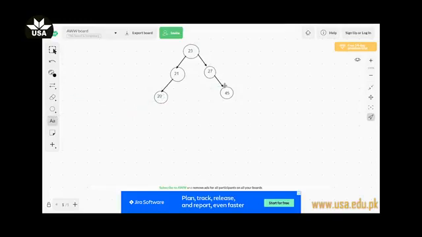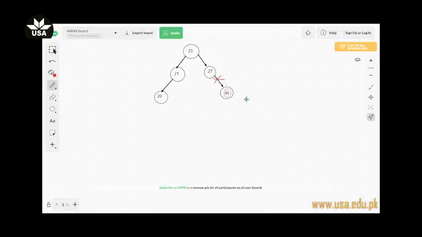For example, if you have to delete the value 45, in this case, this node to be deleted lies in case 1 as this is a leaf node because there is no child node for the 45. The left child and the right child of the 45 node are empty or null. So in this case, you can simply remove 45 from this tree by disconnecting this pointer, or in this case, the right child of 27 can point to null. In this way, we can delete a node which lies in case 1.